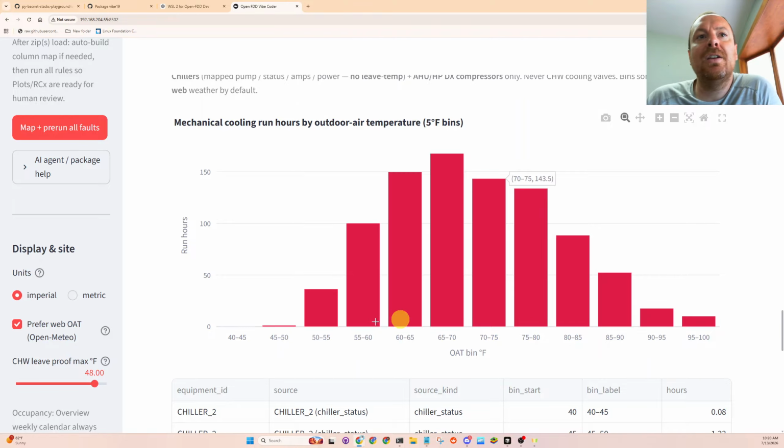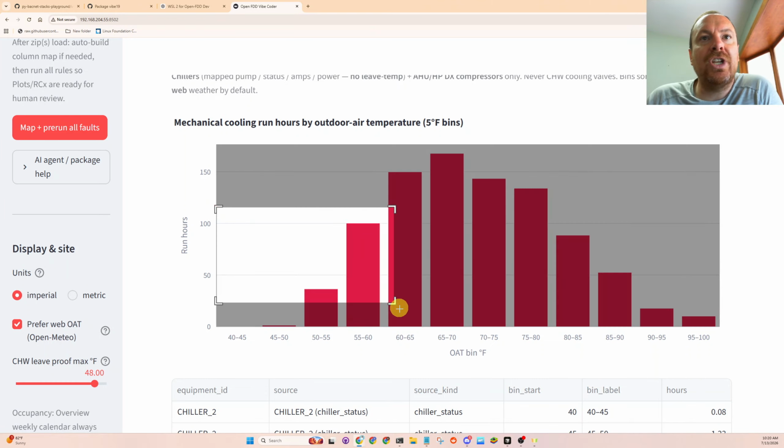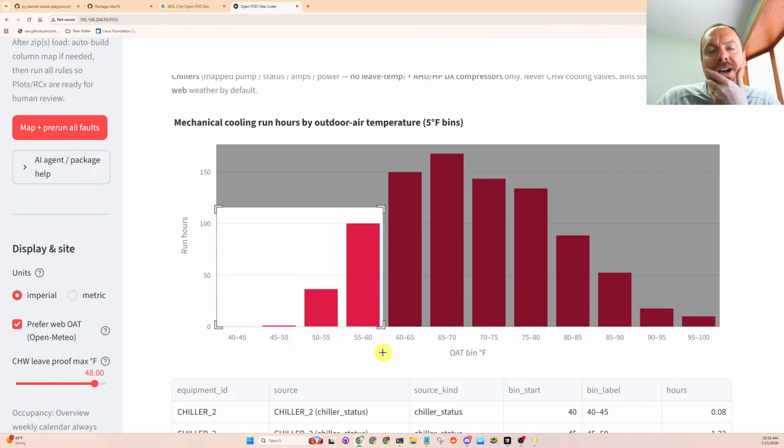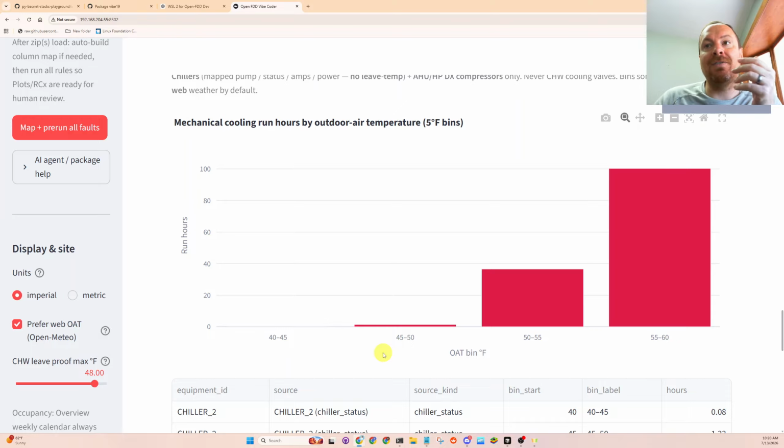This is binning hours of runtime for the chiller system. And what we want to try and do is basically shave this off right here. It would be nice to get into that range that the airside systems can handle below 60 degrees Fahrenheit, providing free cooling to the building as needed. And if it doesn't do that,